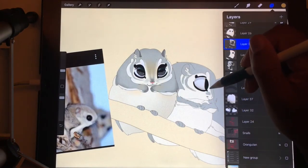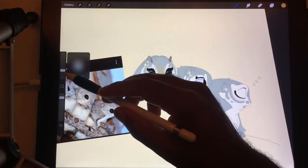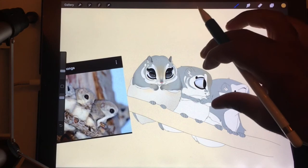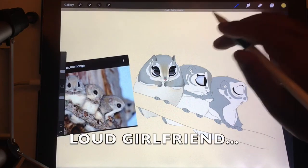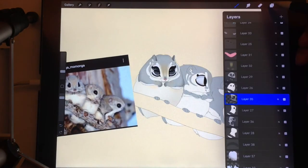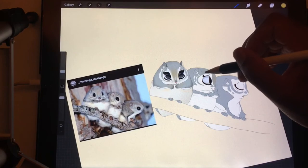Alright, so I'm choosing the layer that has all of this gray. So I'm choosing this layer. Alpha lock. And let's see what a noise brush looks like up here. A little more, a little lighter. There we go. Alright, so just a little bit lighter. Just to kind of...